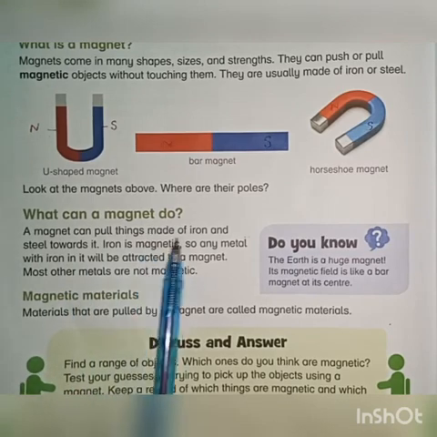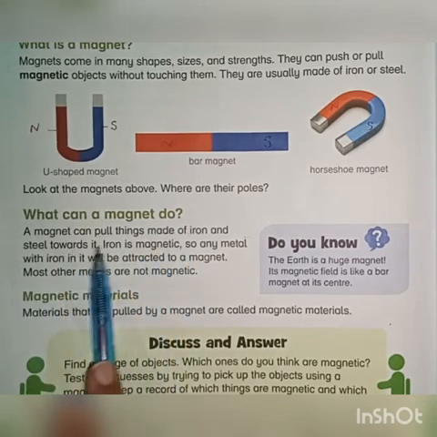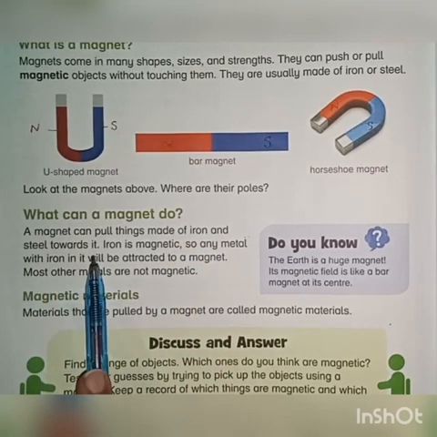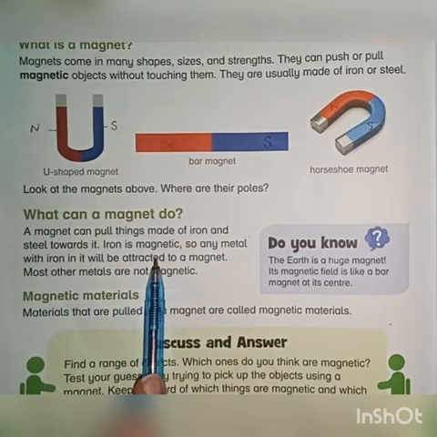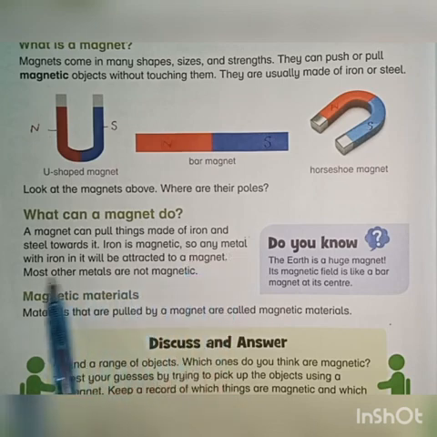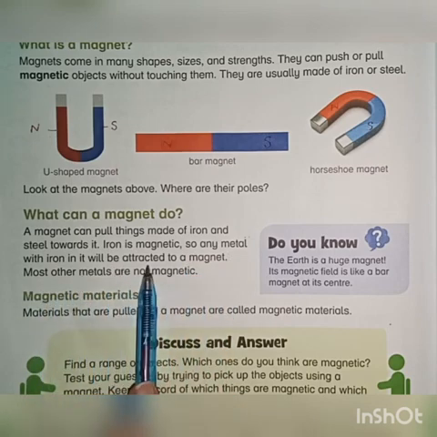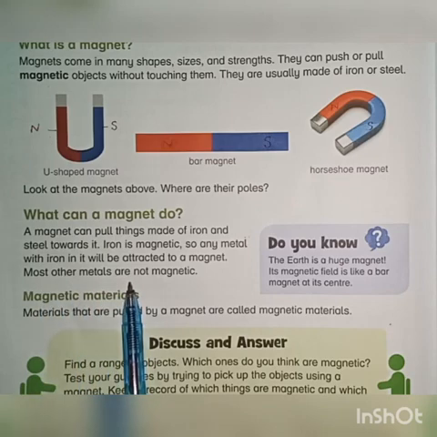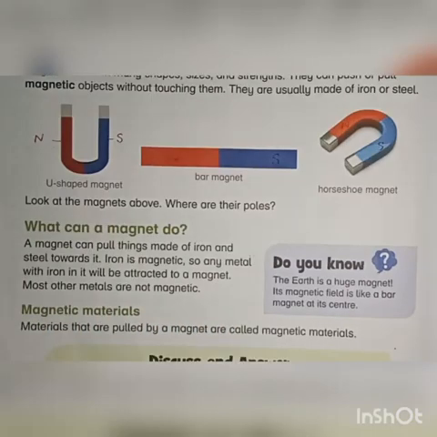What can a magnet do? A magnet can pull things made of iron and steel towards it. Iron is magnetic, so any metal with iron in it will be attracted to a magnet. Most other metals are not magnetic. Let's start the explanation. As we know, magnets are usually made of iron or steel.